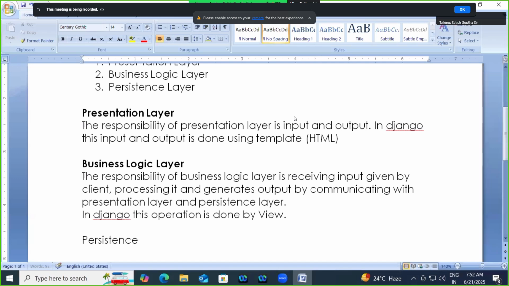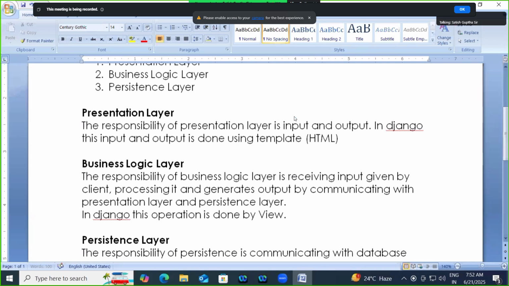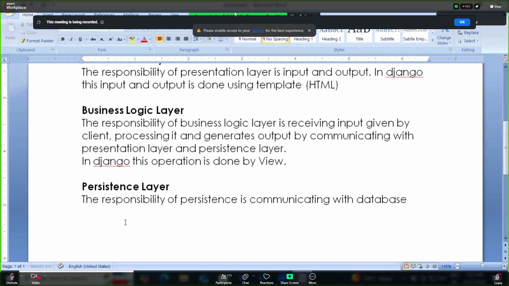So the responsibility of a persistence layer is communicating with what here? Database. Communicating